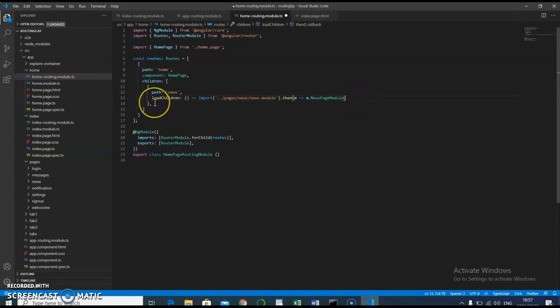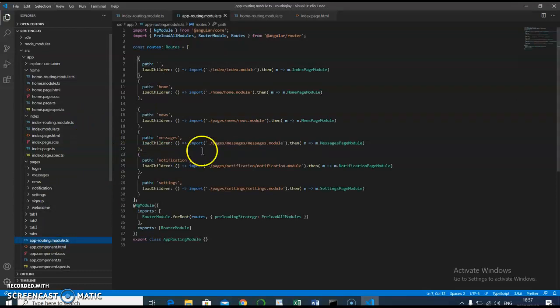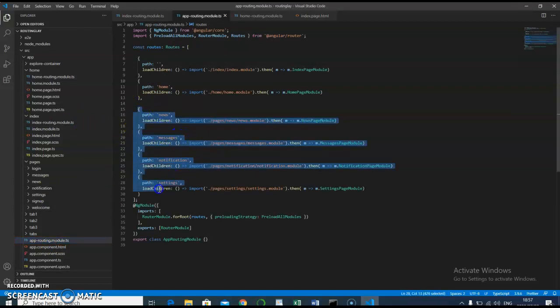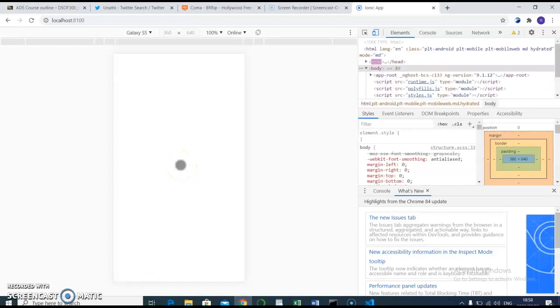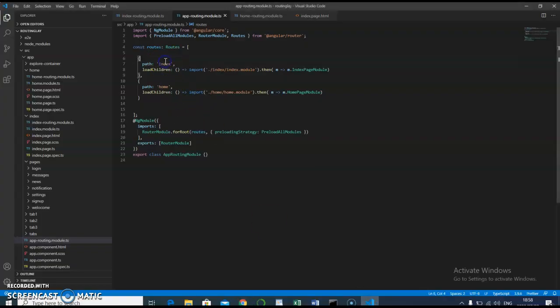Now this means I'll do the same thing for all the pages. It just means I need to go to the app routing. That means I no longer need news, because I'm going to add all of these. So here all I need is just, I don't need the